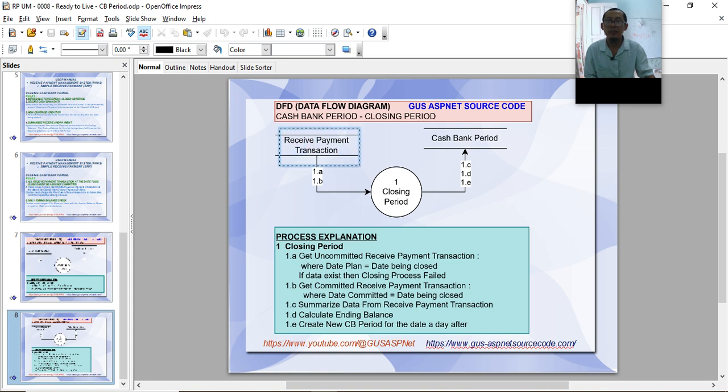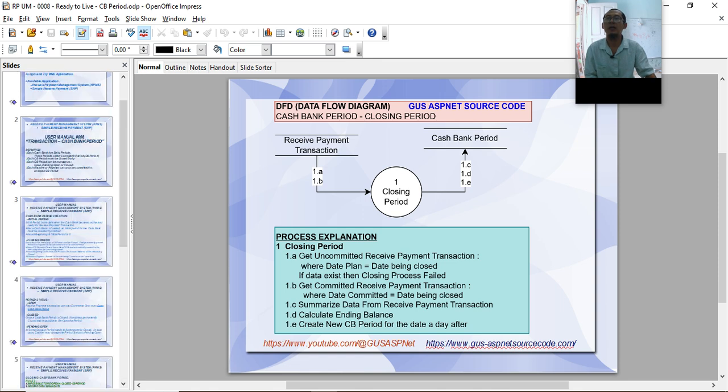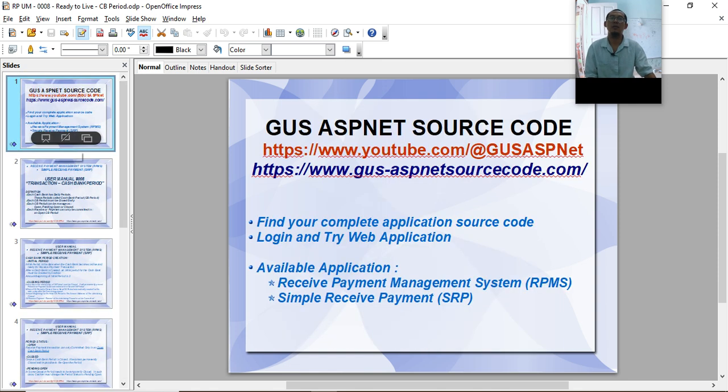All data from receive payment will get into closing period and be sent to cash bank period. This is the whole process. Okay, now let's review our documentation. Read carefully.